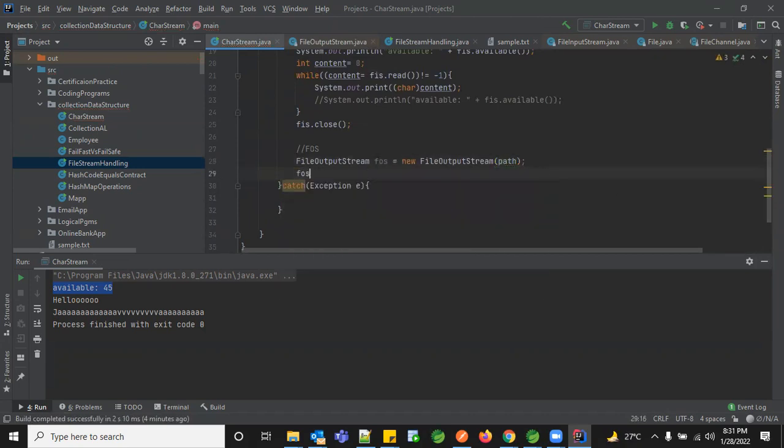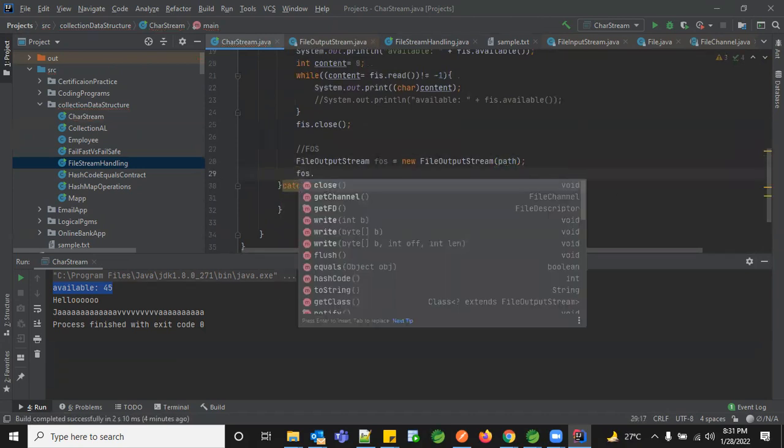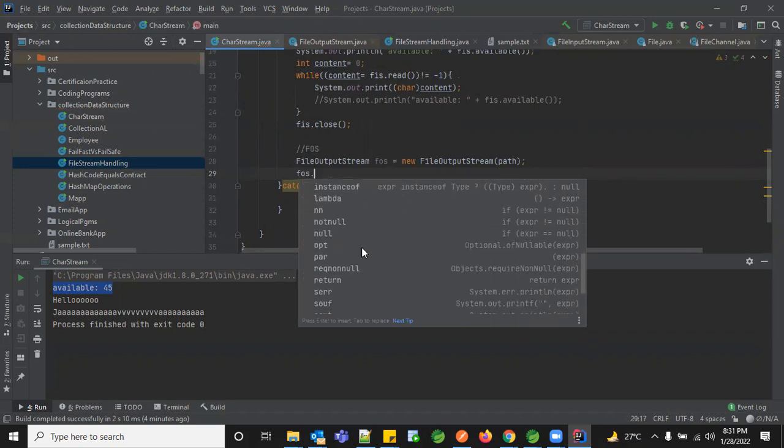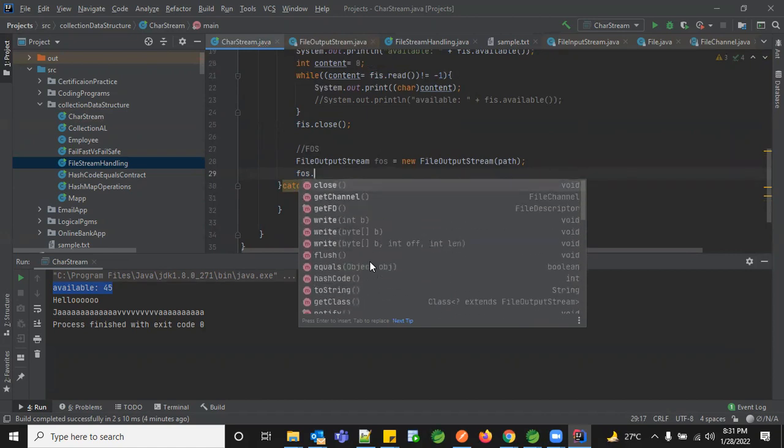What I'm going to do right now after FOS is write that data. I'm going to add some more content into it. So how am I going to use the write function? Whether I'm going to give it as bytes or as a string, we'll see here. Is it okay for you to use the append method, or is it fine for you to give the data set in terms of bytes? Which one do you want to try now?